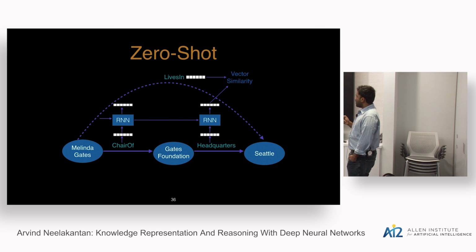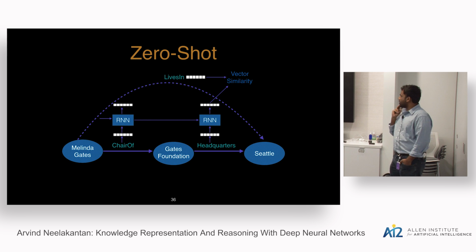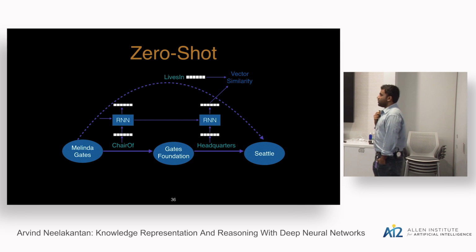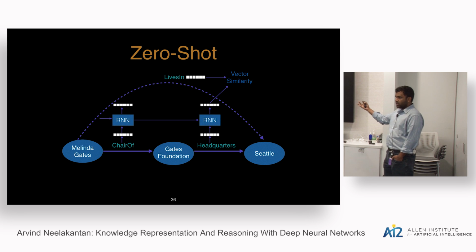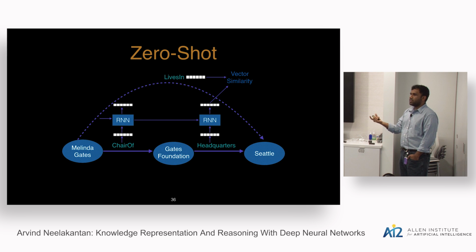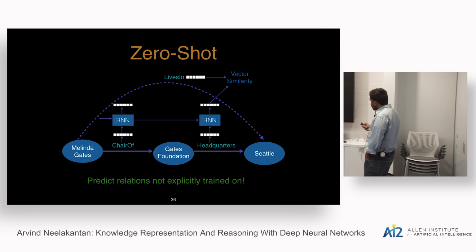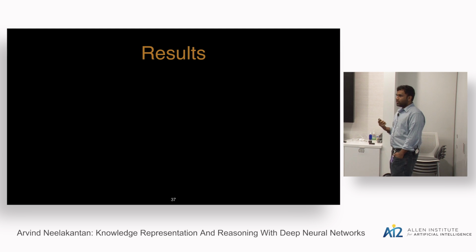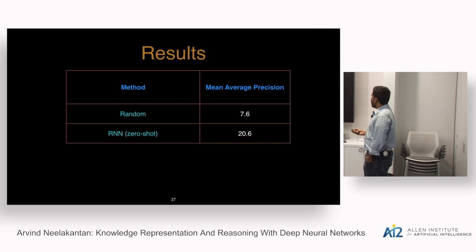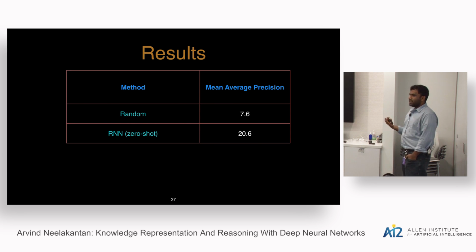Finally, I want to talk about one more small experiment that we ran, where we can perform zero-shot prediction. The model has to have a vector representation for the target relation, but you don't need to explicitly train for that relation. Even if that relation occurs in the path, the model would have still learned a vector representation for it, and you can use that to make predictions. That's kind of cool. You cannot do that with methods like PRA. And here you have only a random baseline because you don't have any supervised information for that particular task.